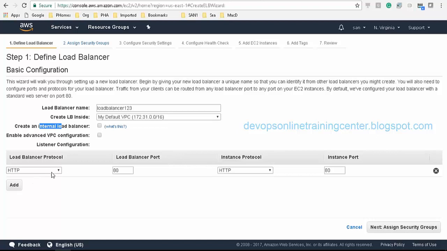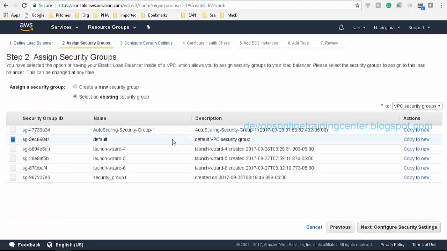The load balancer protocol is HTTP, which is listening on port 80 by default, and this is the instance protocol. So when incoming web traffic hits the load balancer on HTTP, it will redirect that to HTTP running on the instance. So port forwarding: 80 on the load balancer is mapped to port 80 on the instance, right? You can also do HTTPS for the SSL, or SSL offloading, to decrypt.